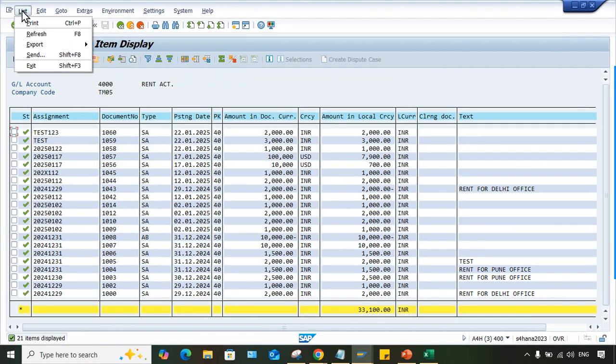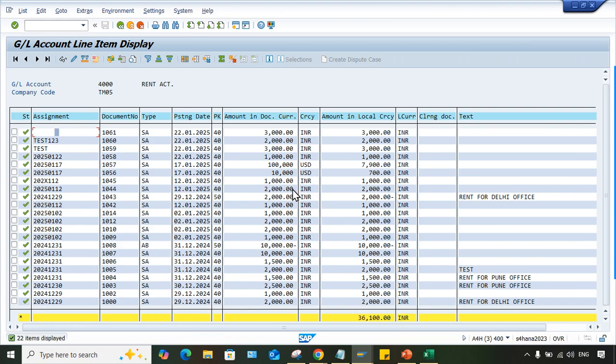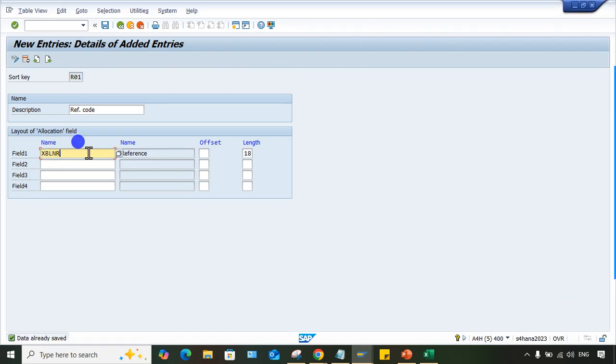In the text field, sorry, the reference field, I have not given anything. So look here, the assignment field is not updated with any value because I have not given any input over there, isn't it? So the sort key is updating the assignment field automatically. Now, the sort key we have created, and in that we have entered the reference field name, right? When you create a sort key, guys,